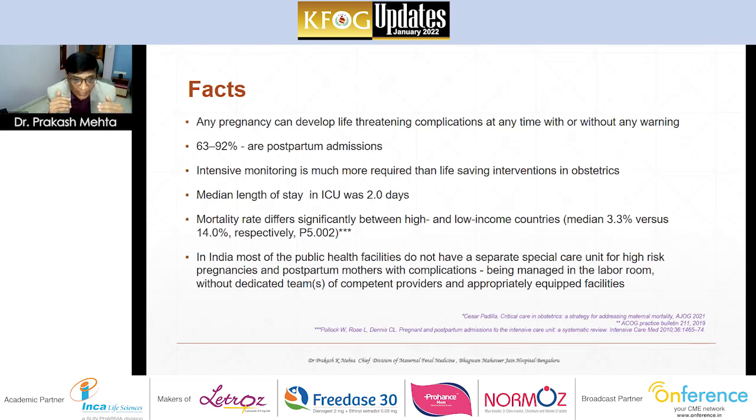Now, mortality rate differs significantly between high and low income countries. In high income countries, 3.3% of all patients admitted to ICU die. In third world countries, it is as high as 14%. Now, why is this happening? Because we, as obstetricians, are not used to critical care of the patients. So each one of us will have to do some amount of critical care to ensure that our mothers go